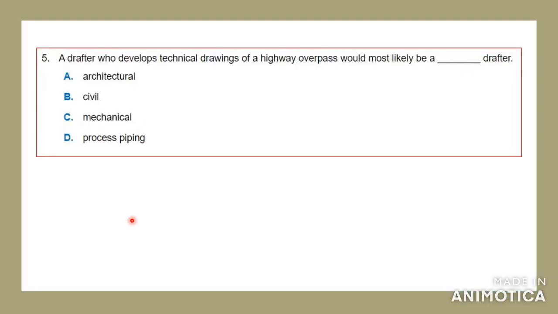Okay. All right. Number 5 says a drafter who develops technical drawings of a highway overpass would most likely be a dash drafter. A highway is a very, very long road. A drafter who develops technical drawings of a highway overpass would most likely be an architectural, civil, mechanical, or process piping drafter. Okay, and the answer would be